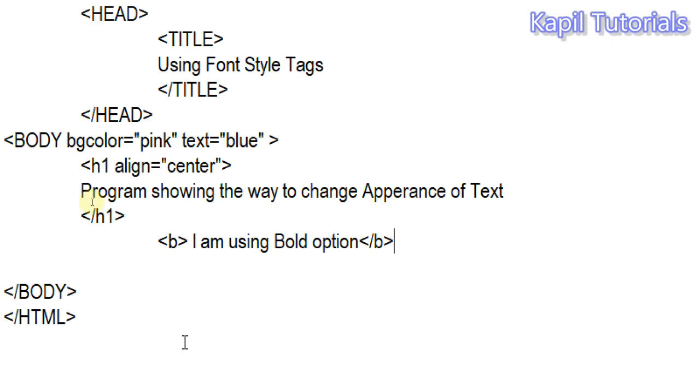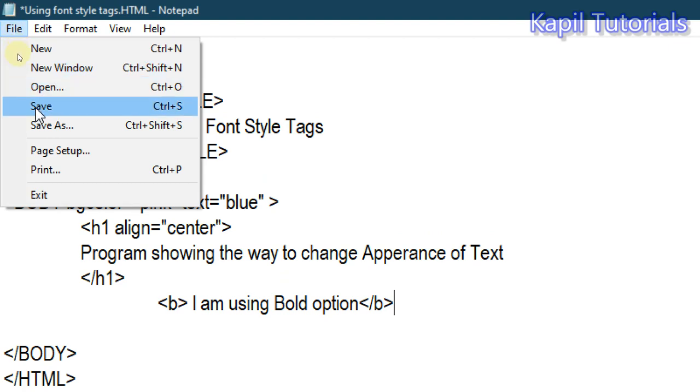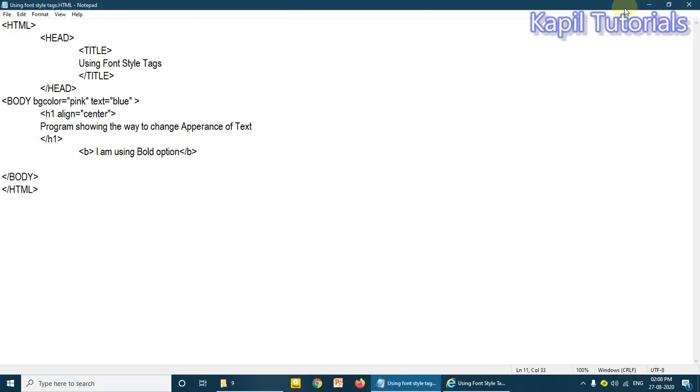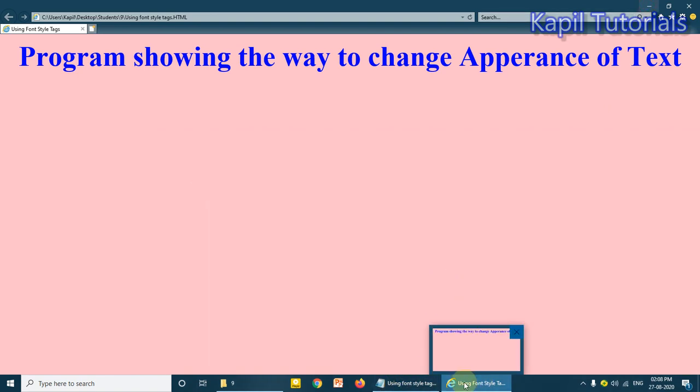Once I have used it, I'll click on file and save, minimize, go back, and function key F5. Here you could see the difference. Here I have used the bold option.